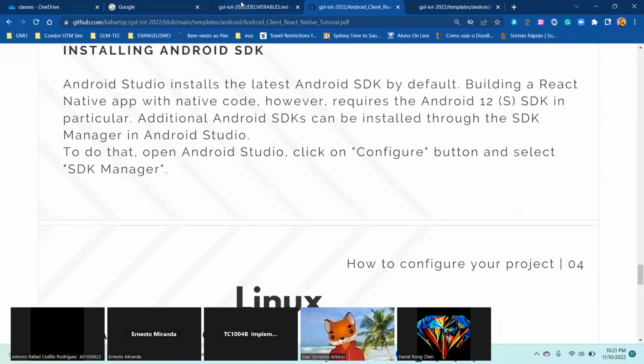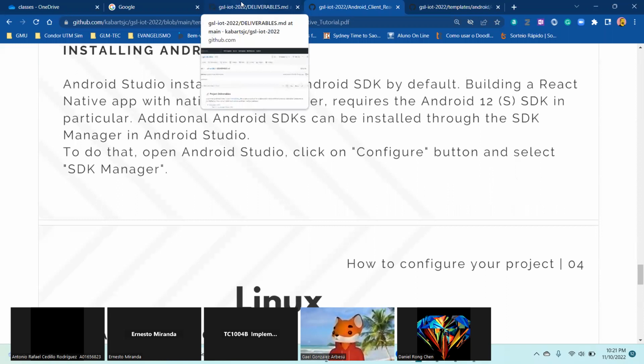Okay, thank you, teacher. Welcome. Go ahead, Ernesto. I had a similar question to Antonio's. I was a little unsure if we needed to do the integration with Mosquitto, or any MQTT protocol, with JavaScript or with Python. So what will we need to implement in this case?